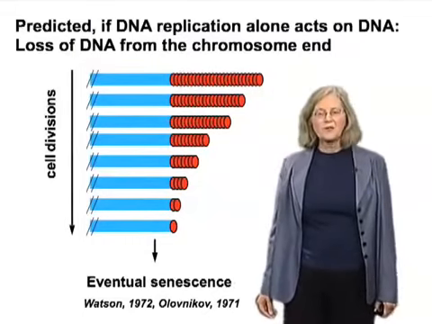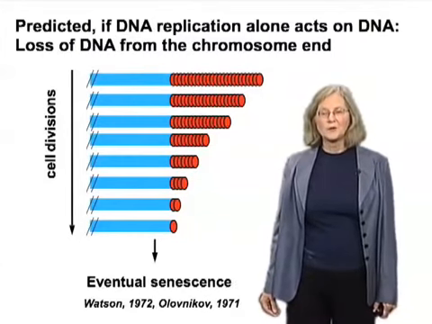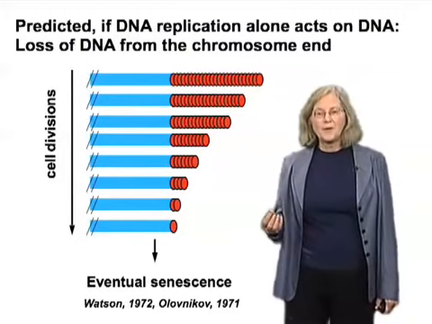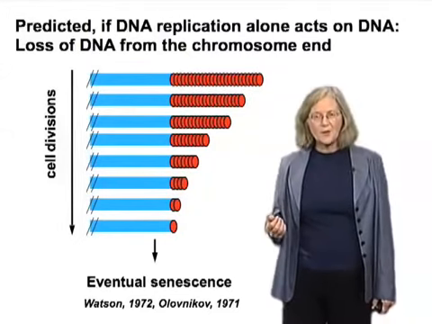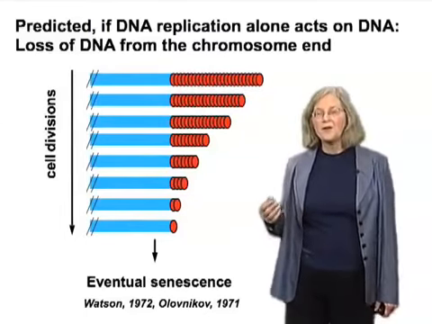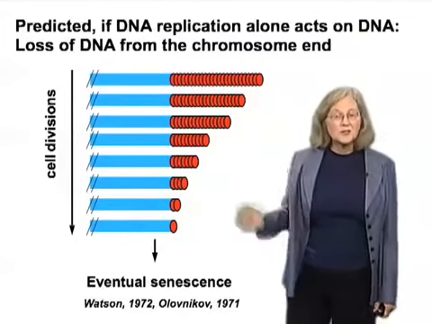It's very good at faithfully copying almost all the way along the length of the chromosomal DNA, or any linear DNA, but the makeup of the DNA replication machinery is such that it cannot copy the very, very end of the linear DNA,